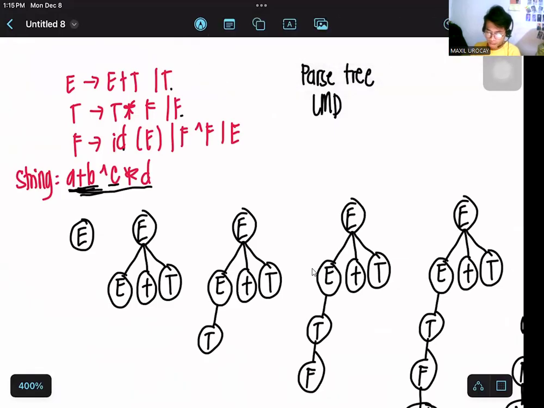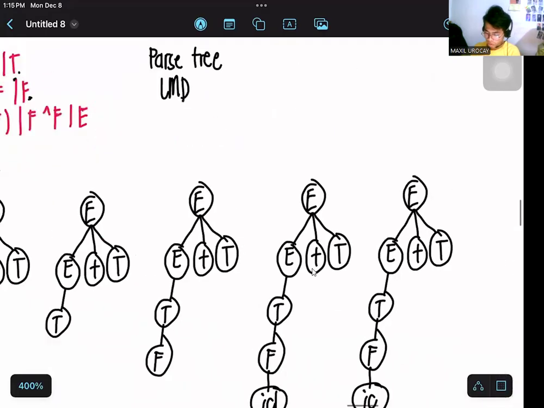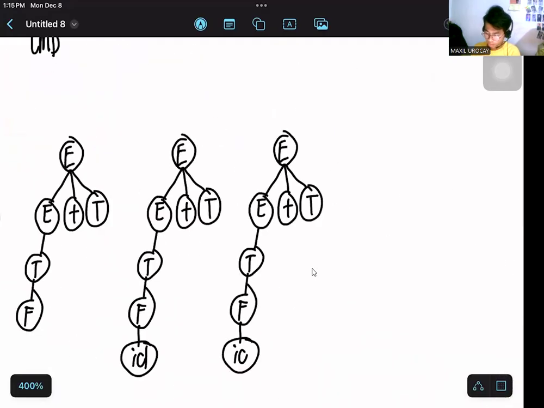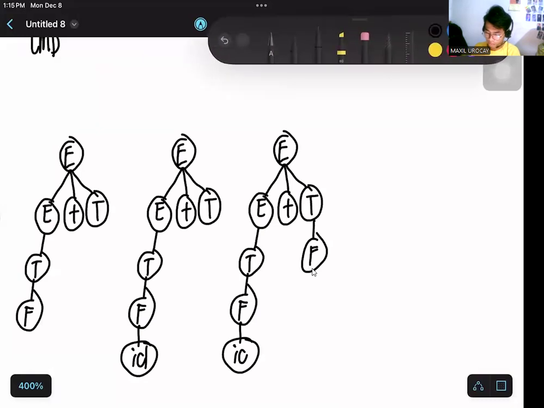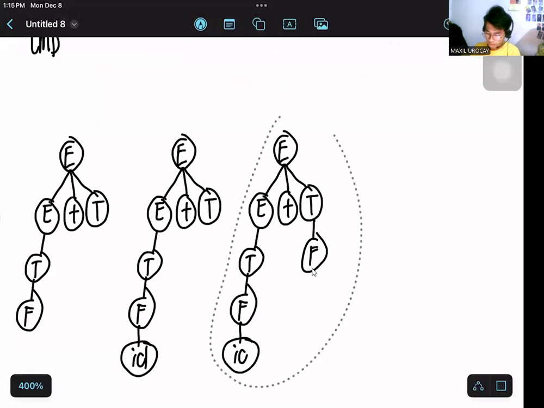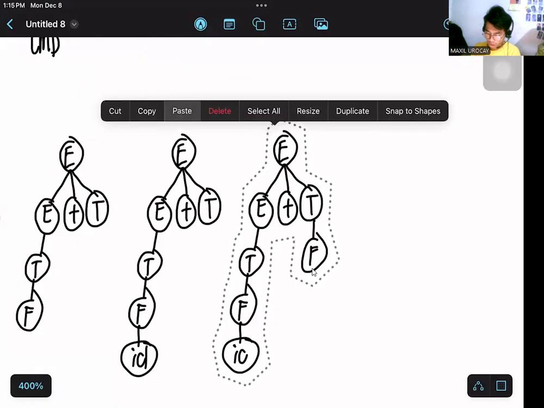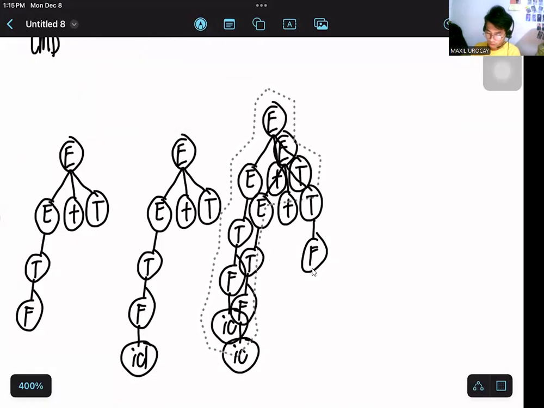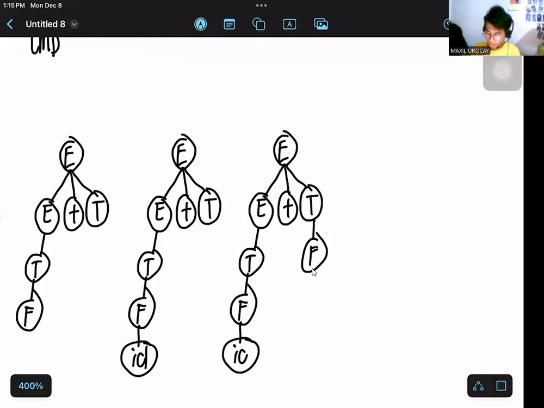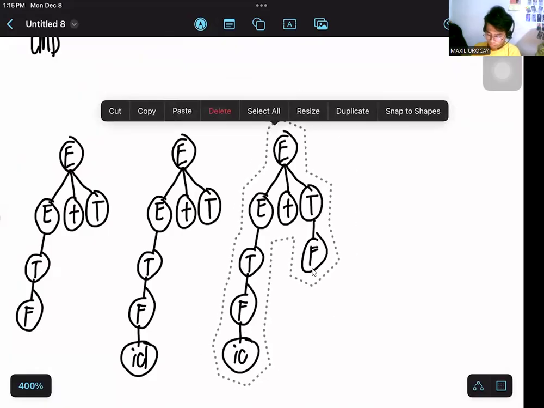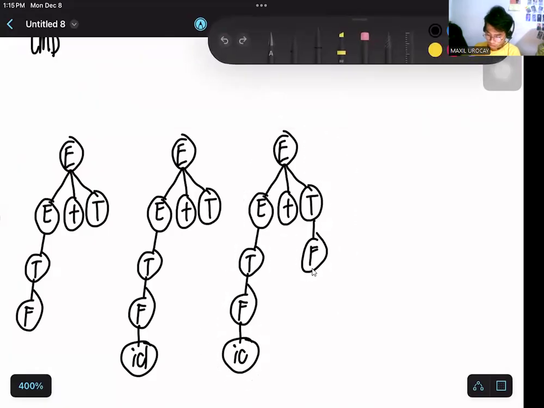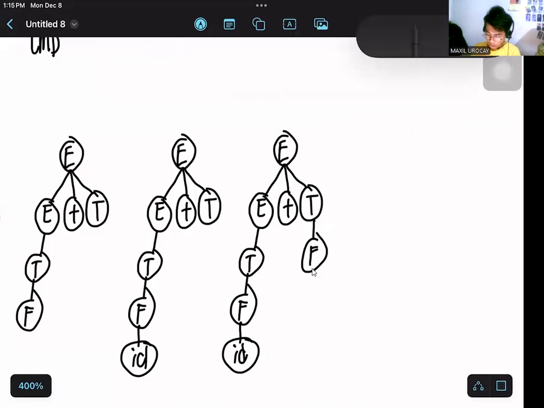So it will become, we can derive, in order for us to derive this one, we have to achieve F first. Okay, so from T, I'm sorry, you have to work on with F. Okay, we're done with F. After that F, I'm so sorry, let me, okay, oops, so ID,